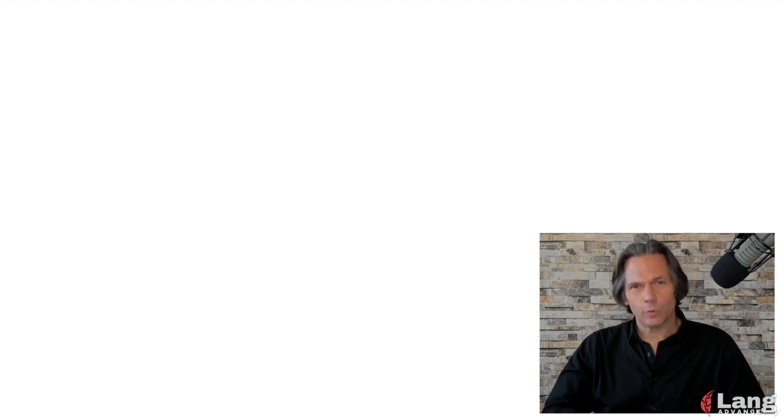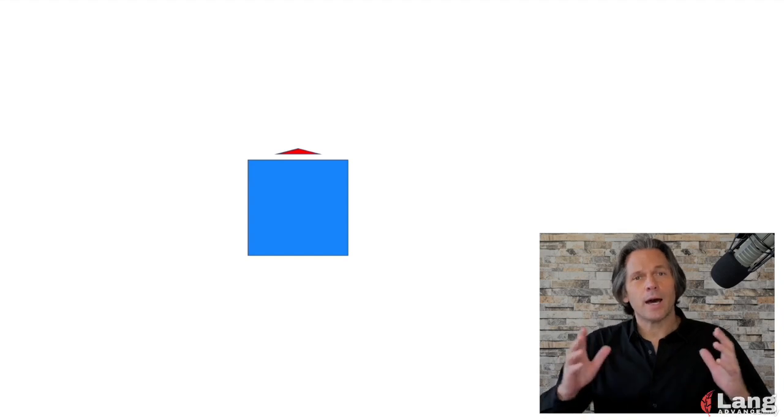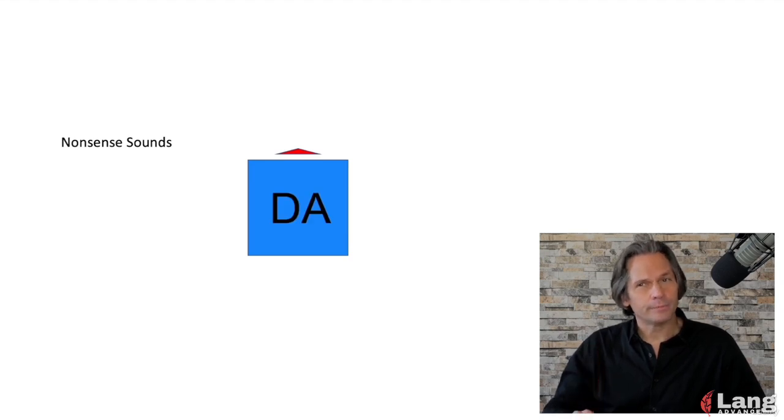Let's start with one-syllable words, or we'll even just start with sounds. As we've been doing, this can represent a syllable, da. Let's put a vowel peak into this syllable so that we make it nice and long. Right now, as we start, it's better to overdo it than to underdo it. Da. Now, these are just nonsense sounds that we're making. Da.